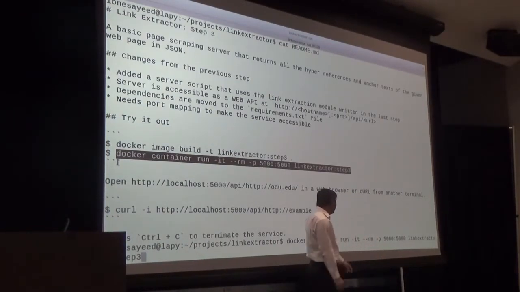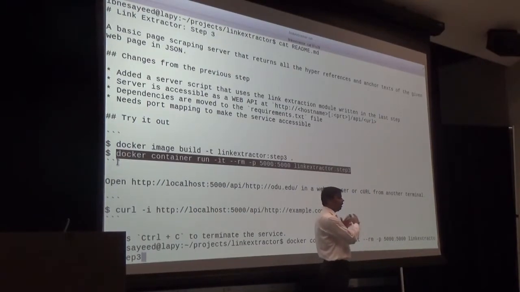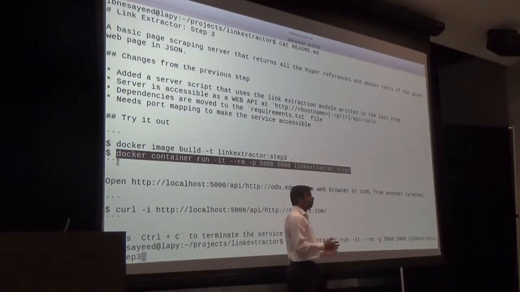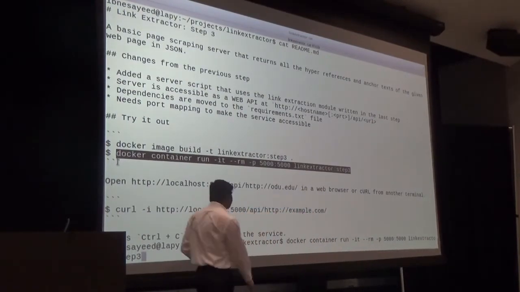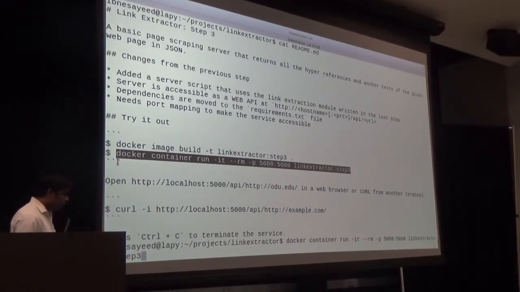And this -it is for an interactive terminal so that it maps to our TTY outside, and that --rm is nothing but remove the container once I'm done. And then I'm specifying which image to run it from. And when I run this,